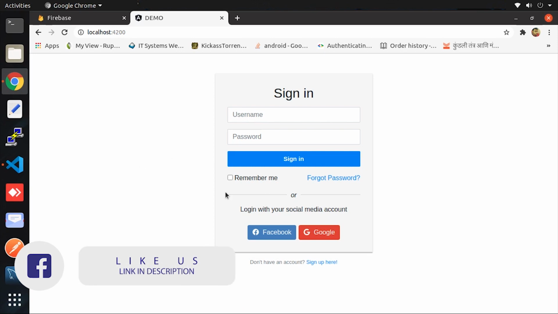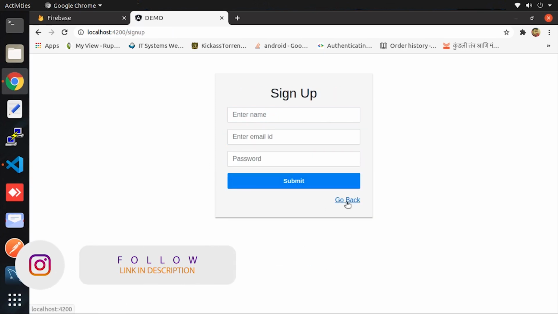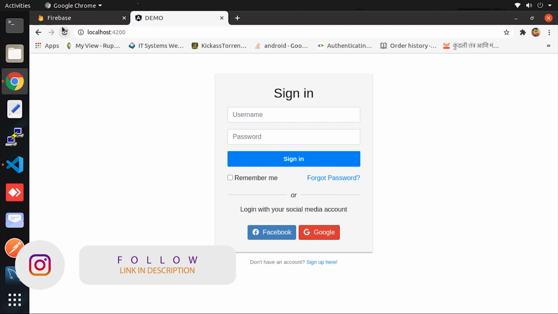So right now on the screen you will be able to see a simple Angular web project running, and it contains two more different pages. One of them is the forgot password page and another is the sign up page. Here I will demonstrate how you can easily host this project over Firebase hosting service.